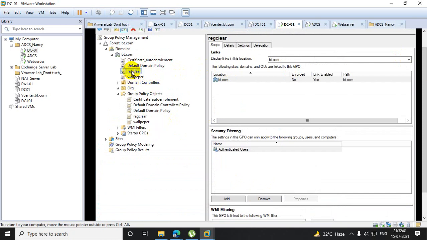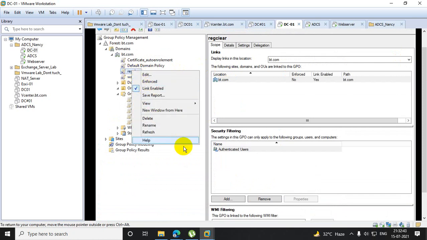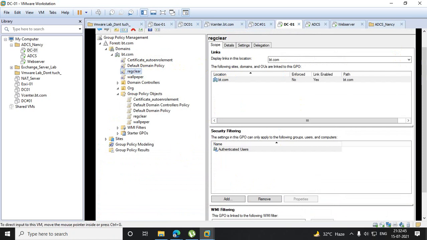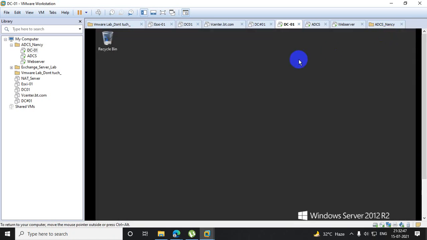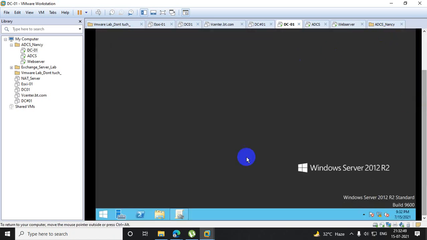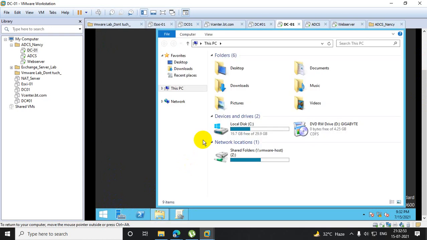That policy I created, and that policy is actually pointing to one script. And where is the script? Go to the properties.